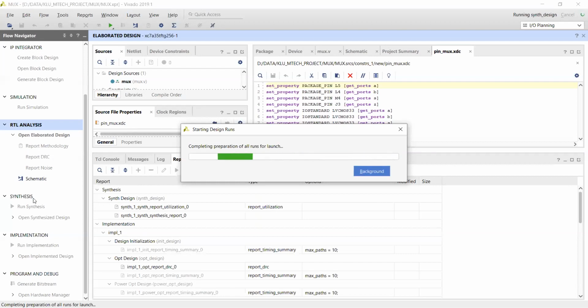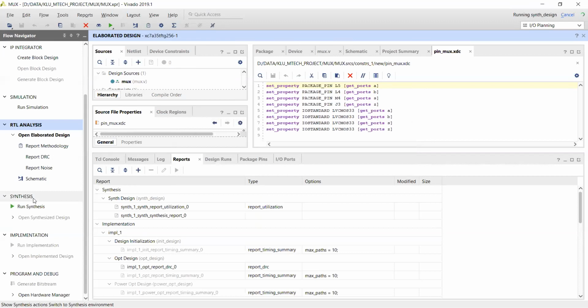We are identifying the technology schematic, that means how much area has been occupied or consumed by this code. By this design, we want to identify it by running the synthesis. Nice. So I think the synthesis is still running.